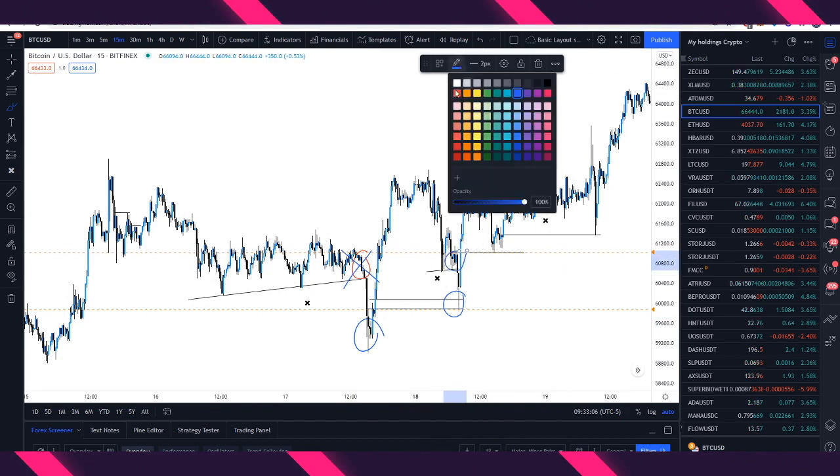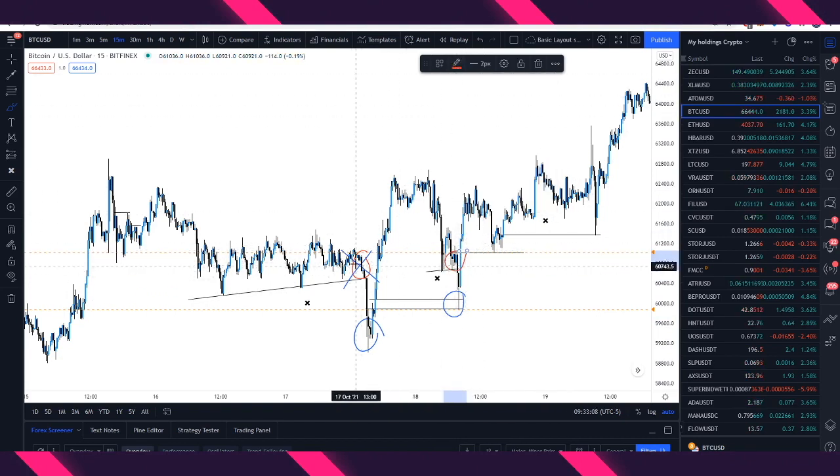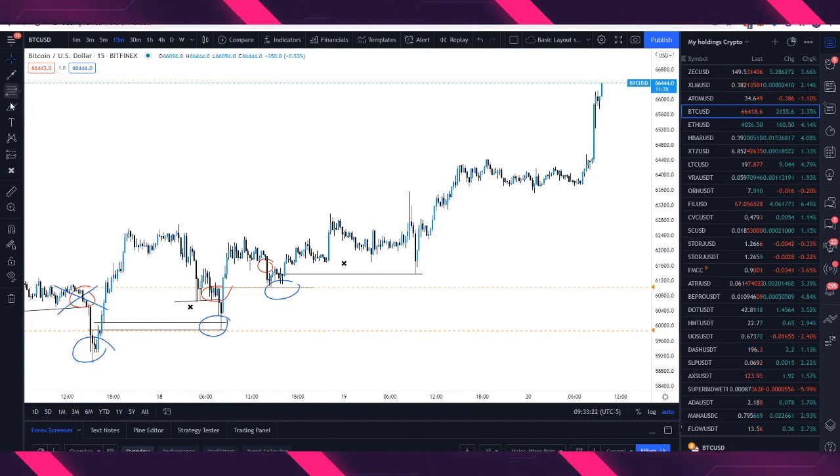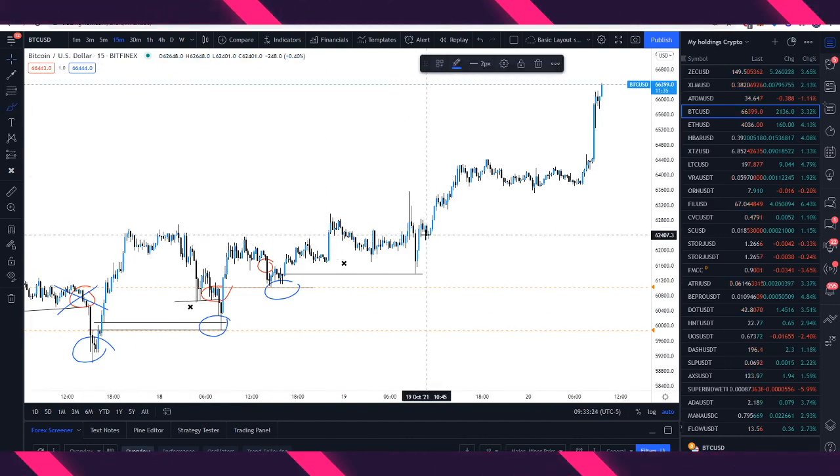Same thing, right, that price control, shoving down under support, picking up orders, price reversing. Okay, and so the same thing repeats over and over and over again. Right, and this is that price control that I'm talking about. Same thing, shoves underneath support,